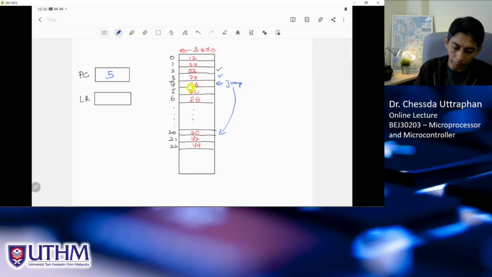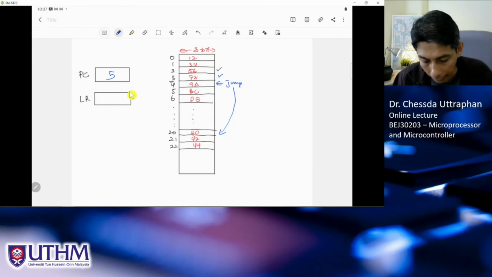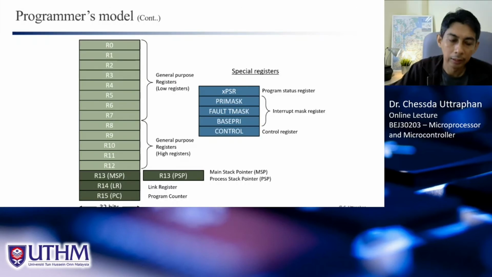So 5 will need to be stored or saved in LR, and PC is updated to the new location, which is 20, so that your microprocessor can go to 20 and execute this, and after that it will return to number 5, where PC is loaded with 5 again from LR. All right, so that is the function of LR or link register,